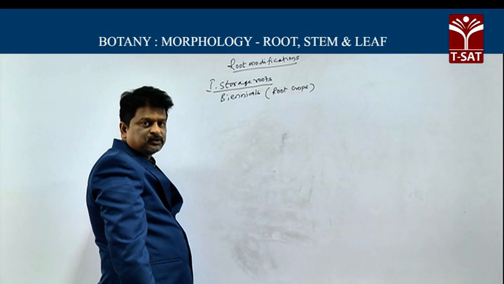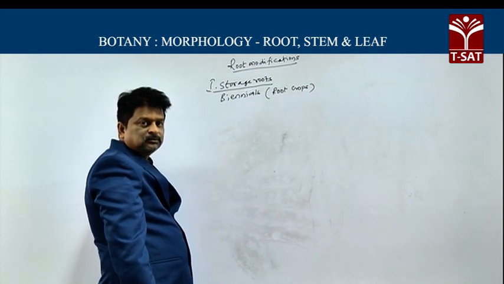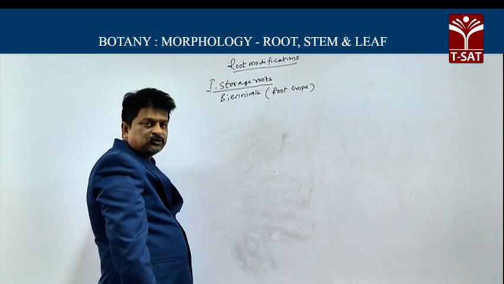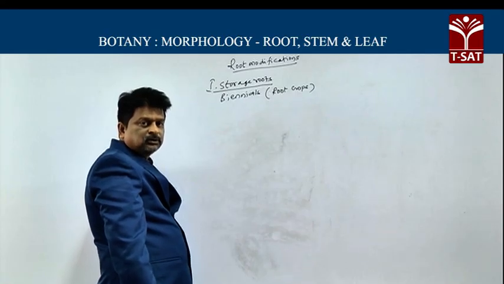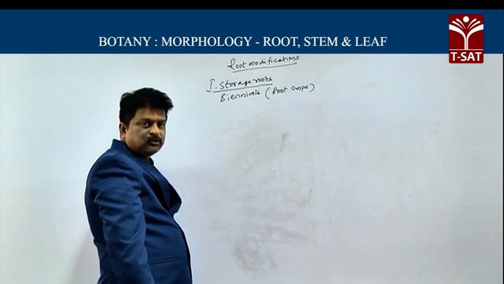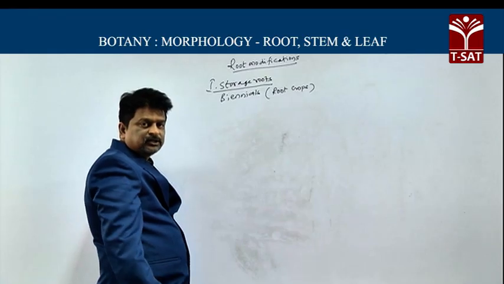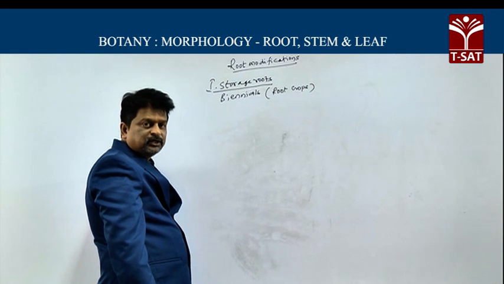Biennials, root crops. Biennials means lifespan is 2 years. In the first year they show vegetative growth, and in the second year they show reproductive growth. During reproduction they use that stored food. Hence, harvesting roots at the end of the second year is not advantageous. Harvesting roots at the end of the first year only